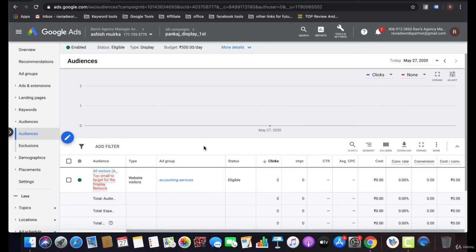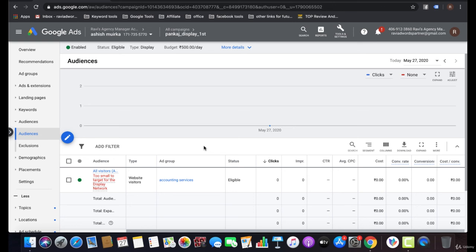And I'm going to tell you one secret: remarketing campaigns are cheaper than simple campaigns. If you create a simple search or display campaign, they need higher budgets and higher bids to get your ads shown.